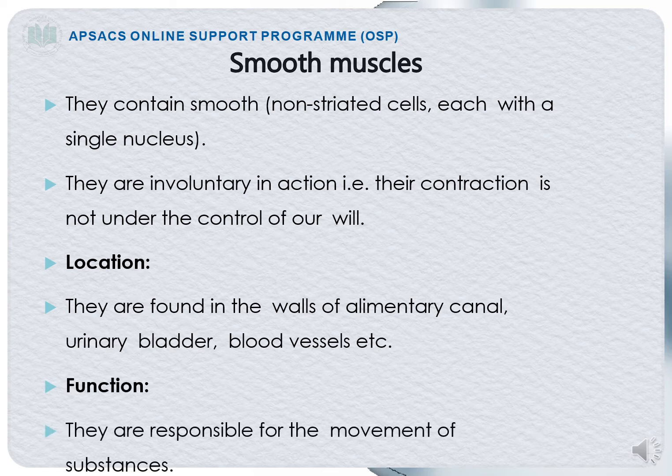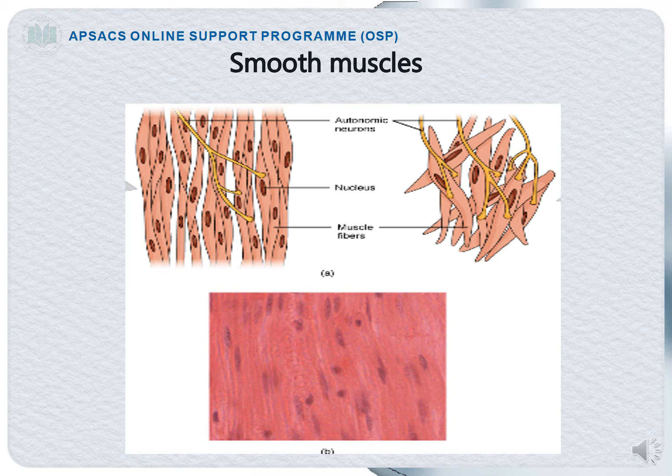Now, what is the function of the smooth muscles? They are responsible for the movement of substances, like you can see the blood. The blood actually moves inside the vessel, so it is helping in the movement of the substance. Smooth muscles are helping in the movement of the substances. As for the alimentary canal, the bolus is pushed towards the esophagus and it is moving down towards the stomach, so it is also a kind of movement, and this movement is provided by the smooth muscle. You can look at the diagram of the smooth muscles. So this is the diagram.